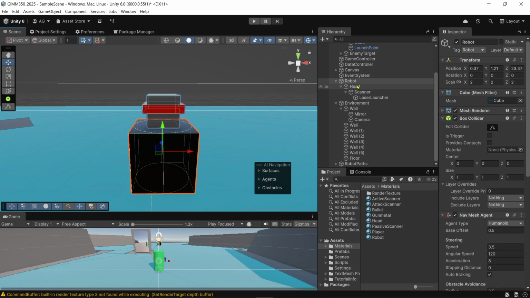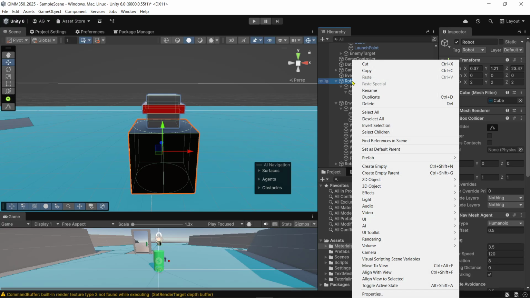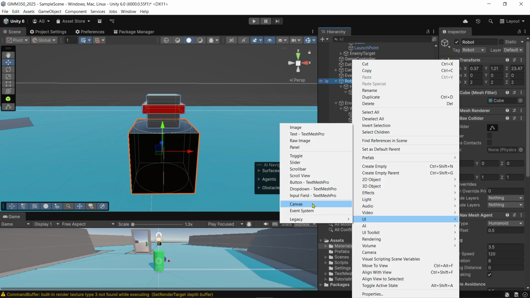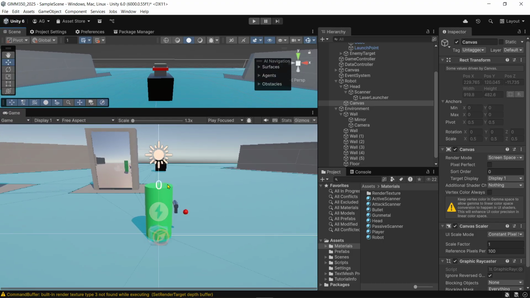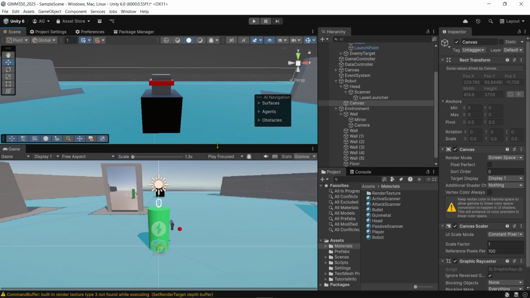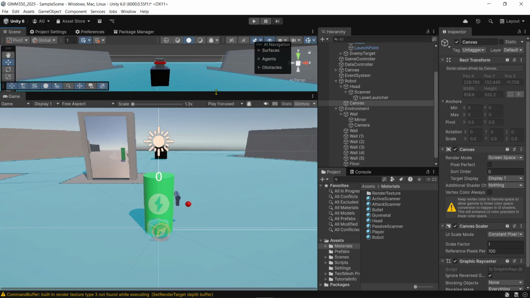So let's do that. Let's attach it to the robot itself, because we are going to start having multiple robots on the screen at the same time. And so we can right-click our robot, and we'll go down to UI. We're going to add a new canvas to the robot. And instead of a screen space, so screen space is going to be like our bullets fired right now. It just is in the screen, and that's where you're going to want to,